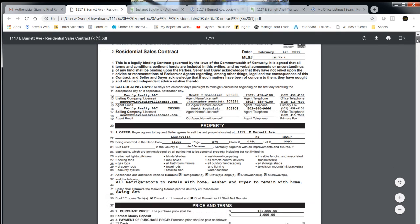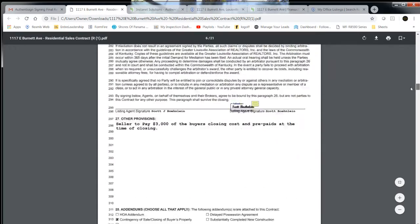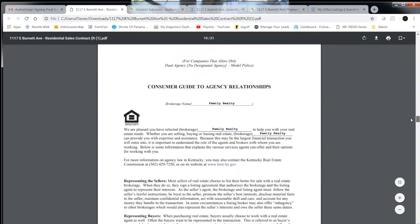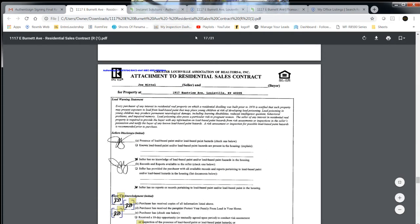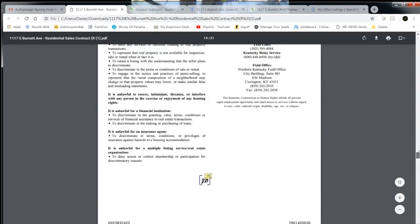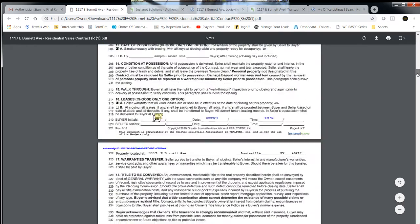And the main thing that they get out of this is this page. The agents, I mean not the agency, but the seller's disclosure and the lead-based paint. So I know the seller's disclosure and lead-based paint are, and I'm showing you what I'm looking at, pages 17 through 21, okay? And the contract, because I know the contract's 7 pages, is 1 through 7. And I know that the